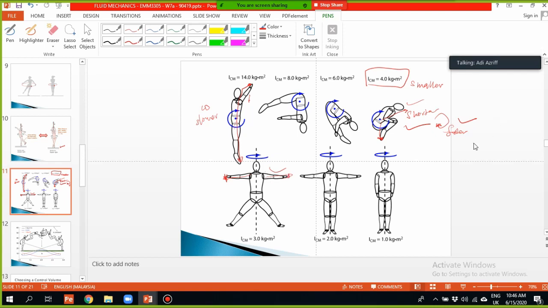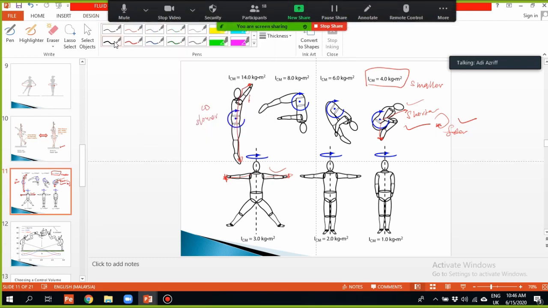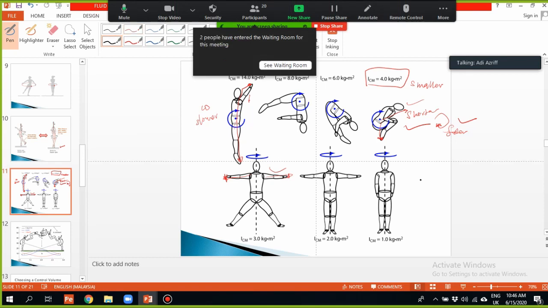Okay, back to this slide. As I mentioned previously, we know that our angular momentum is equal to I dω/dt. So